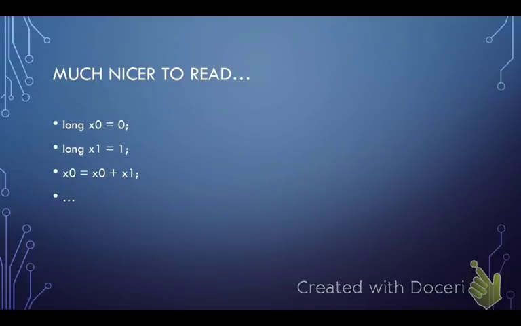So instead of move instructions, we get to say things like equals, or assign 0 to x0 and so forth. We get to simply use the plus sign, instead of needing to say add, and we can specify which variable we want the result to be in, and so forth. And the compiler then does the work of figuring out what is an equivalent set of assembly instructions that would result in these values and have the values that are needed in the end stored somewhere that they can be used.